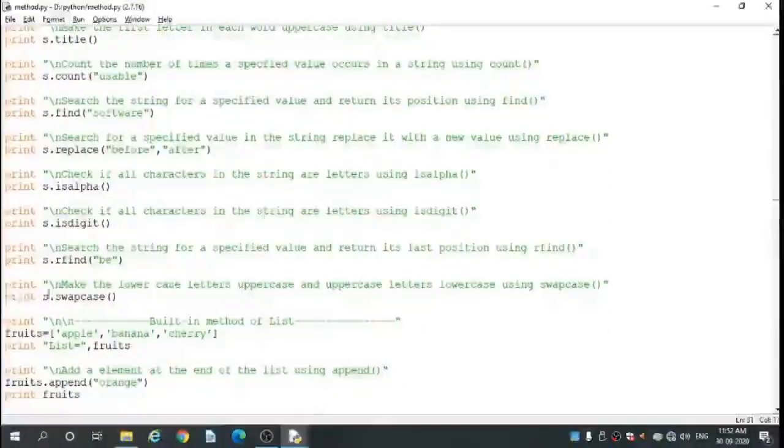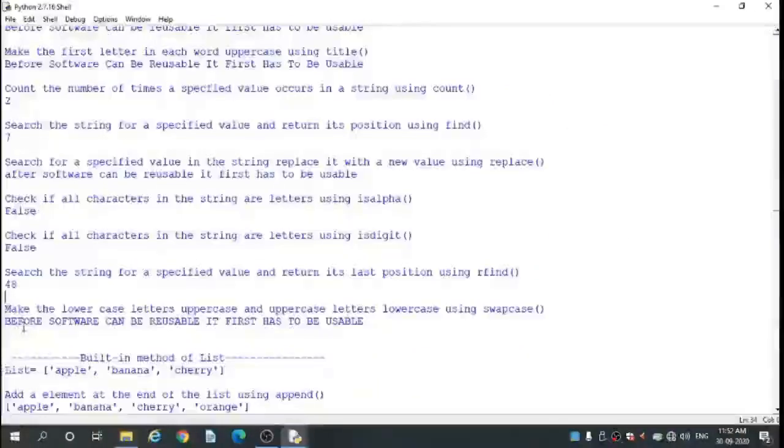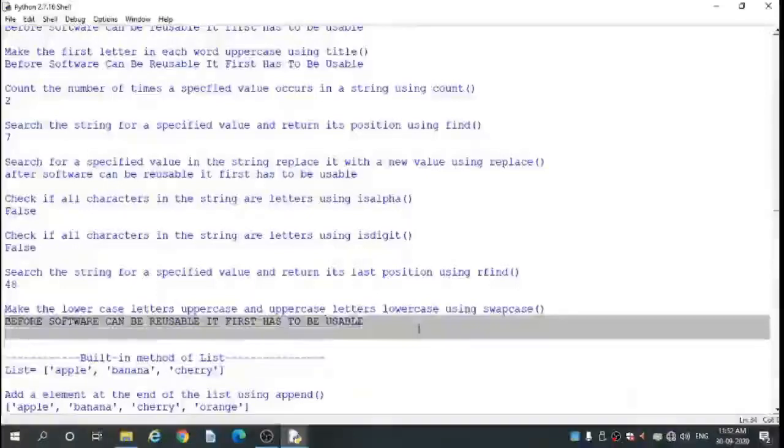Next, print in double quote \n, make the lowercase letters uppercase and uppercase letters lowercase using the swapcase method. So here print s dot swapcase. The swapcase method converts uppercase characters to lowercase and vice versa. So check the output. All the characters are uppercase.